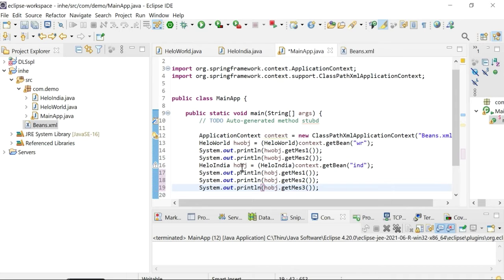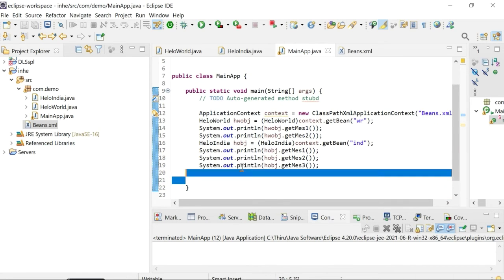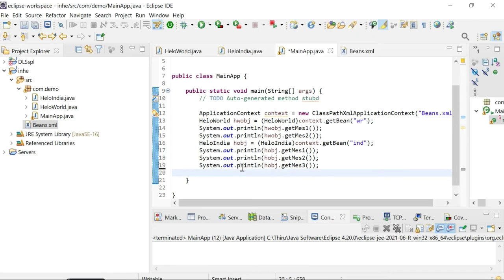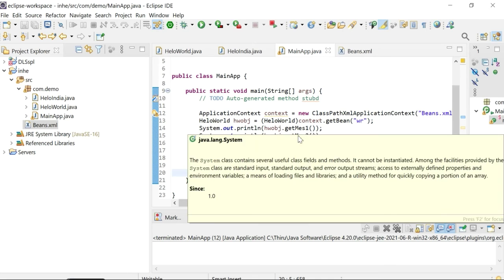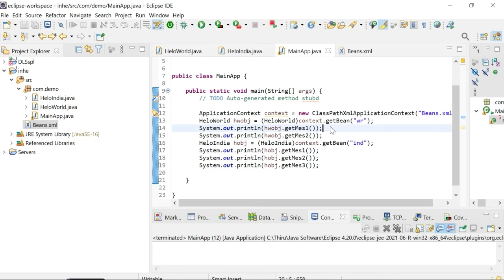So all 3 variables are called within System.out.println. When I run this application, I will see